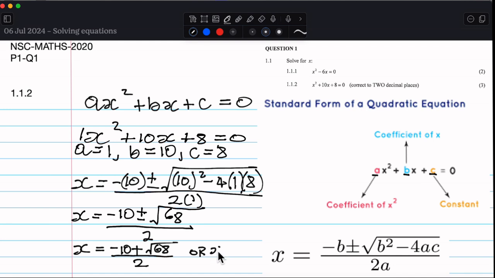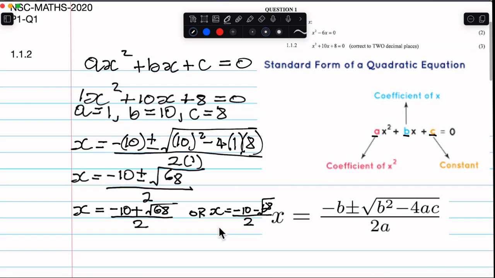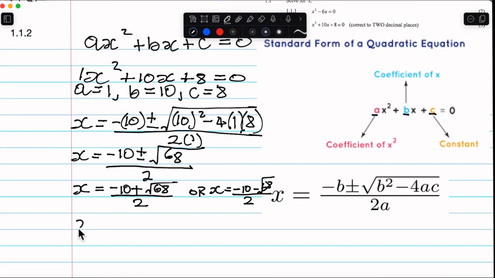So x is equal to negative 10 minus the square root of 68 all divided by 2. So what do we get? If you calculate this, put this into your calculator exactly as it is, and let's see what the value we get will be. Okay, so we get, for the first one, it will be negative